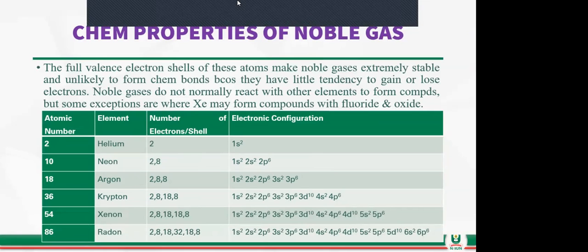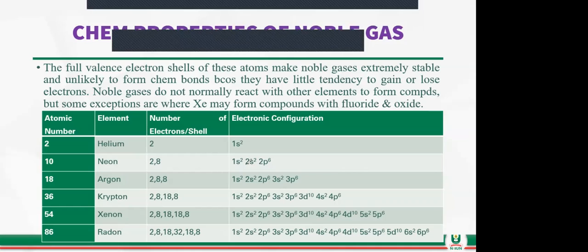So we have the noble gases in the order helium, neon, argon, krypton, xenon, and radon. The atomic numbers of them are seen here, and their electronic filling of shells or orbitals is as seen in column 3. But that last column is their electronic configuration, which is important for us to note. When you look at it very well, you discover that there's one peculiar thing about the noble gases, which you must take note of, is that when you look at neon,